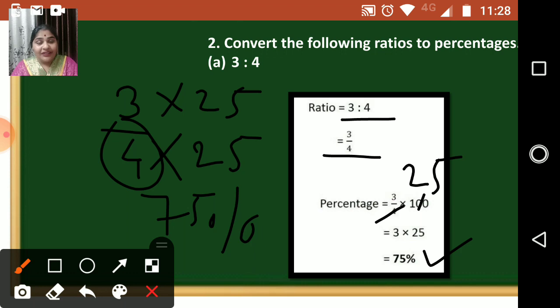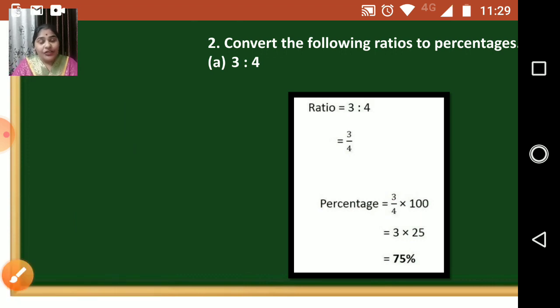Sometimes the number which is in the denominator, directly you cannot get 100 by multiplying any number. Suppose it is 3. Okay, directly by any number if you multiply, you will not get 100. So at that time the given ratio you can multiply by 100. Okay, so those examples also we will see, not to worry. I hope this example is clear, children. Okay, so whatever ratio is given, multiply by 100 to convert it into percentage.